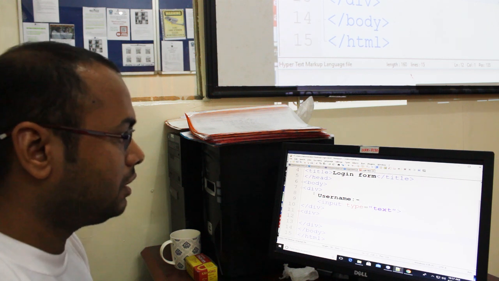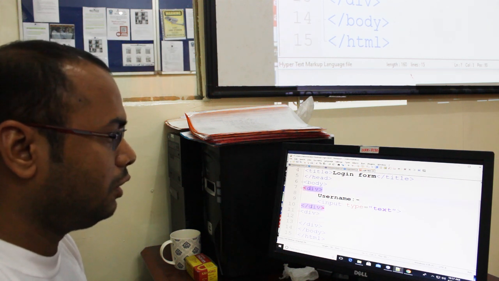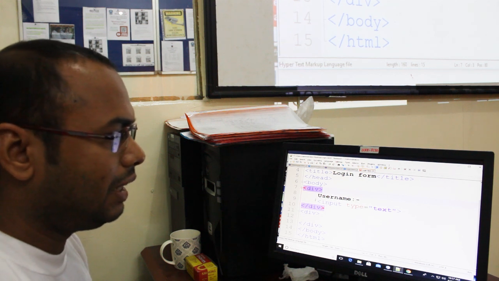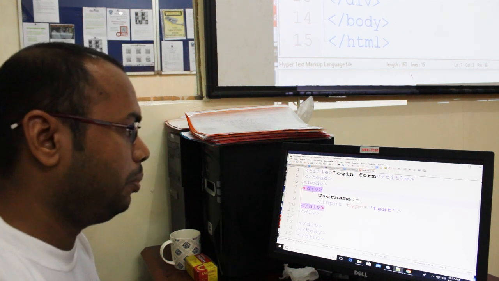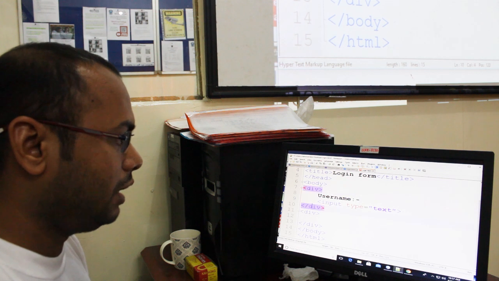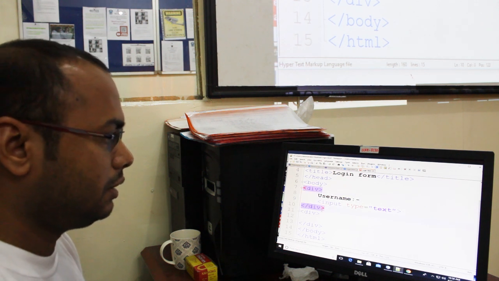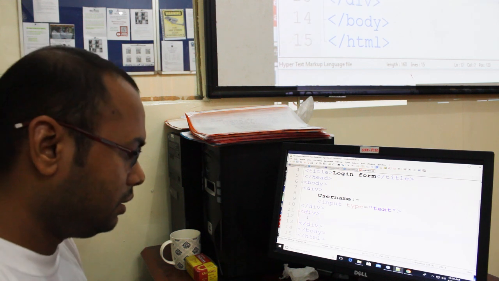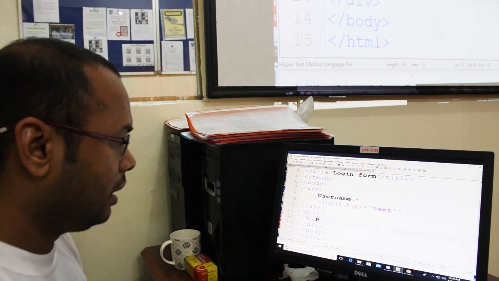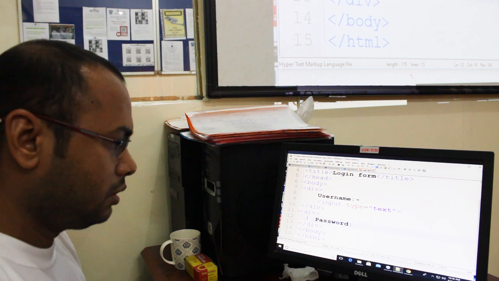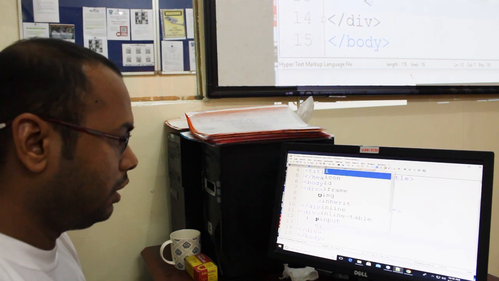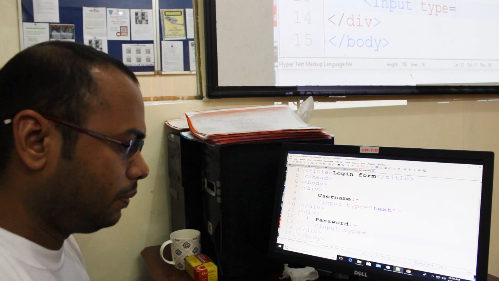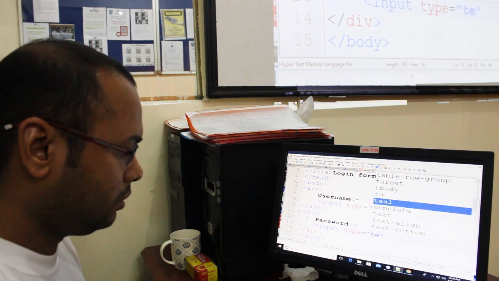Another way you can check is just click on it, and you can see the closing is already done, because HTML tags always come in pairs, opening tag and closing tag. We always close with a / here. So you can also see there is nothing missing. Let's move on. Password. Okay, so input type equals text.